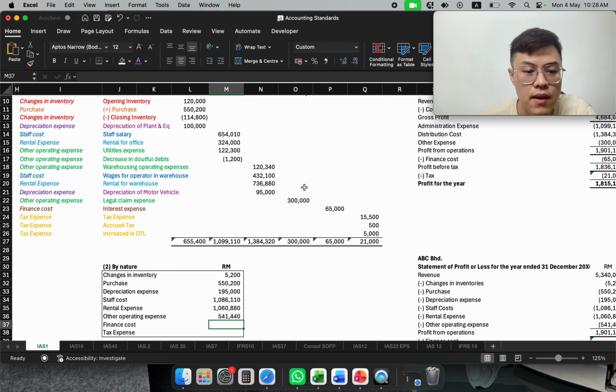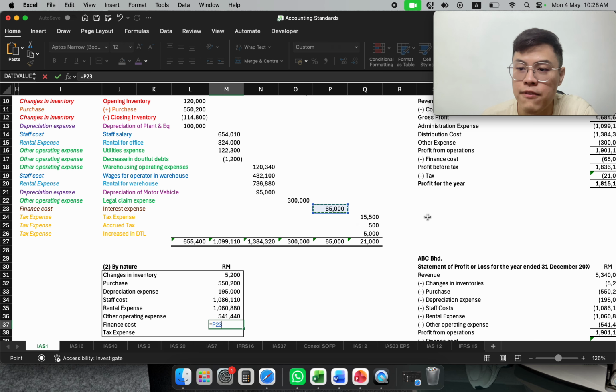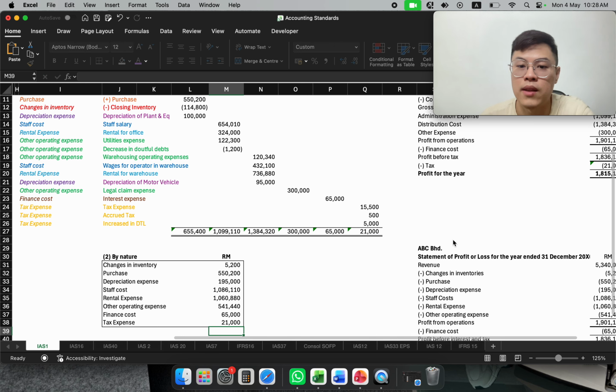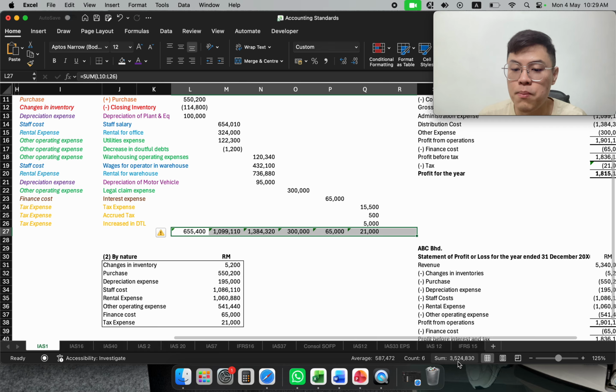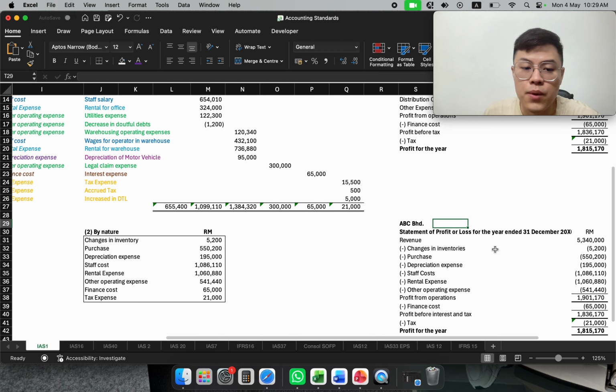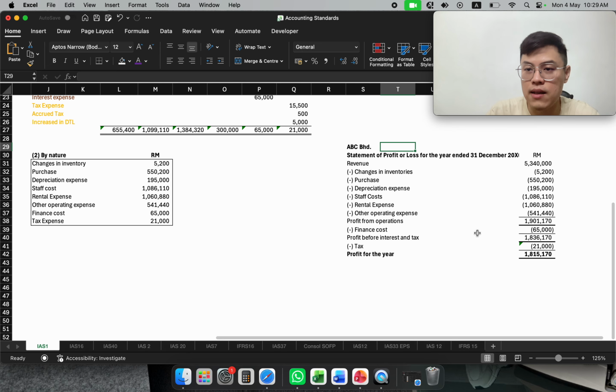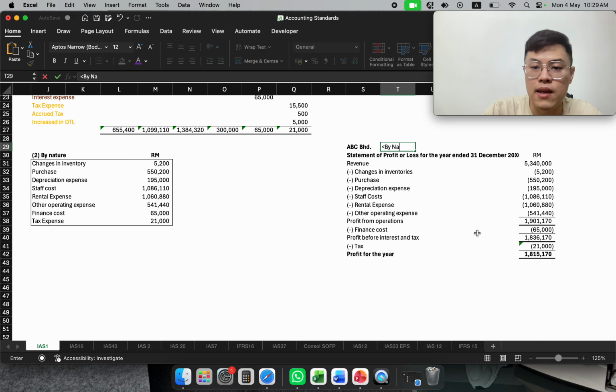So adding up, finance cost 65,000 and the tax expense 21,000. The sum is 3,524,830, and must be the same, 3,524,830. And we will transfer this particular amount into our by nature